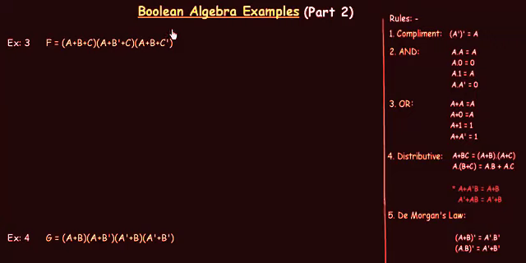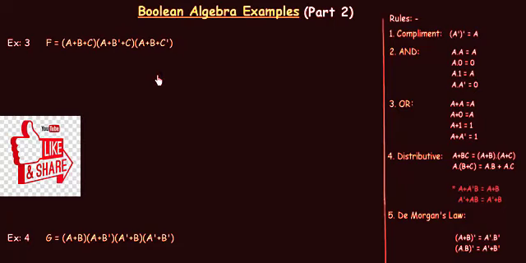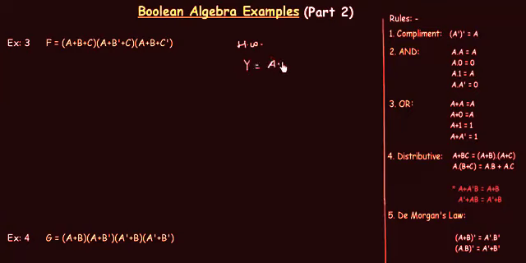In the last presentation, we solved two problems on Boolean algebra, and we will solve two more problems in this presentation. But before that, I will give you one homework problem in which the function is y and it is equal to a and b, or a complement and c, or b and c. This is the problem, and you have to post your answer in the comment section.